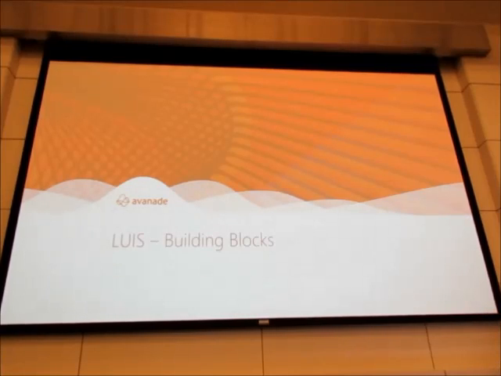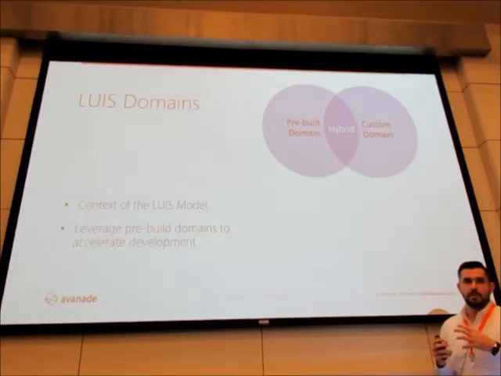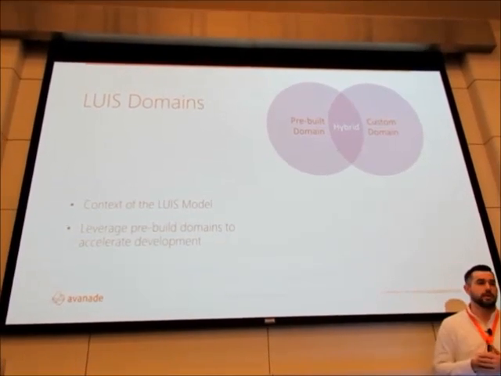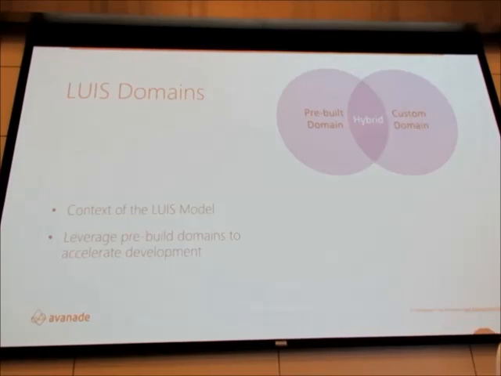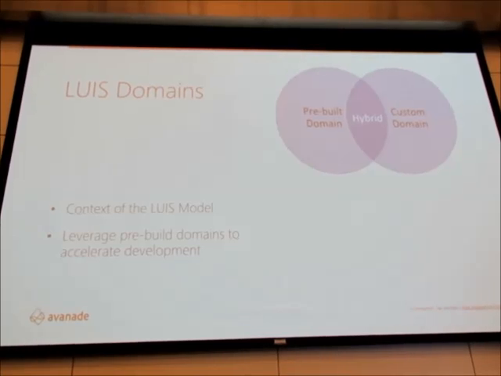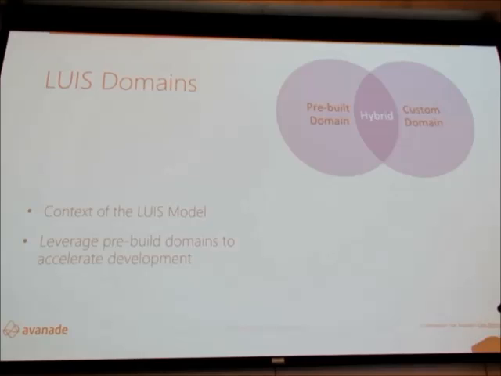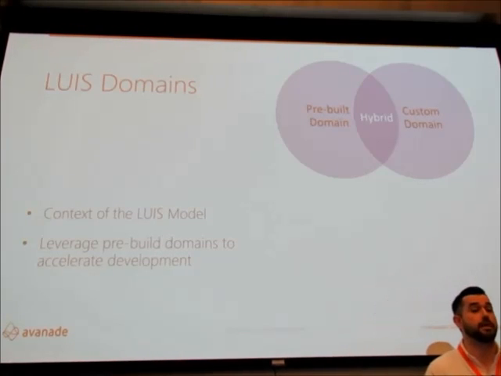But let's dive into how LUIS starts working. The first thing is the basics. You have the domain, and the domain is really important. This is the application context you wish to conquer. So let's say we're doing a hotel booking system. We want a model to understand all the utterances, all the inputs, all the text that would make sense in that world. If I want to book a hotel, or locate a hotel that has a vacancy, these are all the types of sentences my model should be understanding. And so it's very important to build your domain.